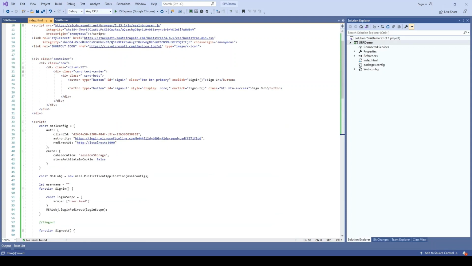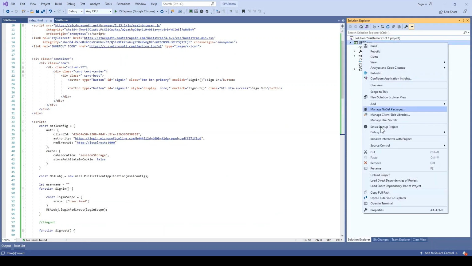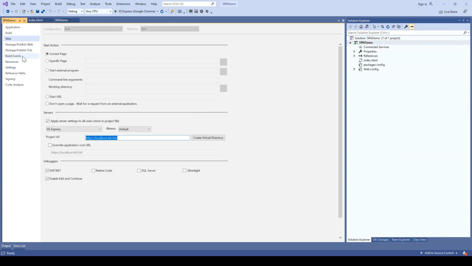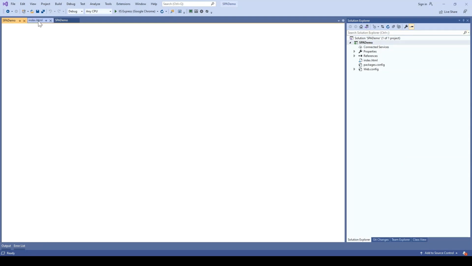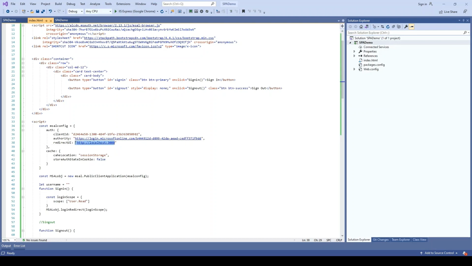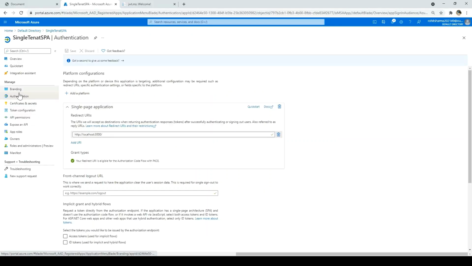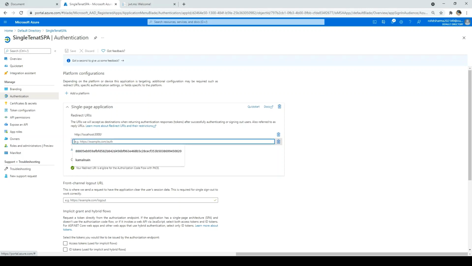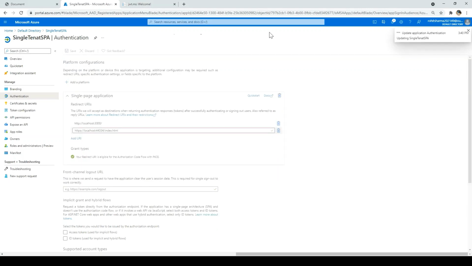And you just need to change the redirect URI, and to check the redirect URI, just go to the properties, go to web, copy this URL, go back to index.html, just enter this thing in the Azure. Under the authentication, add URI, enter the one which you have copied, click save.